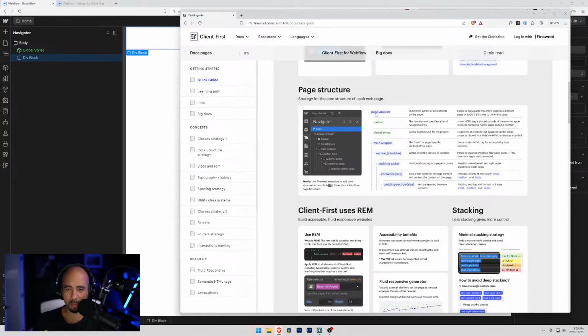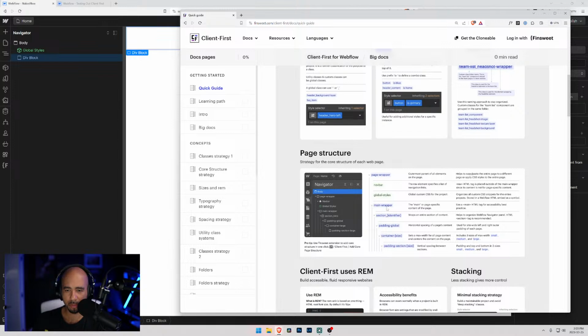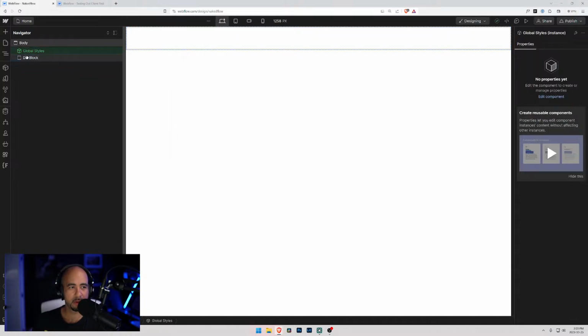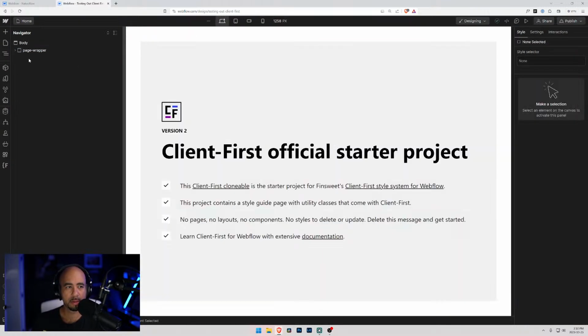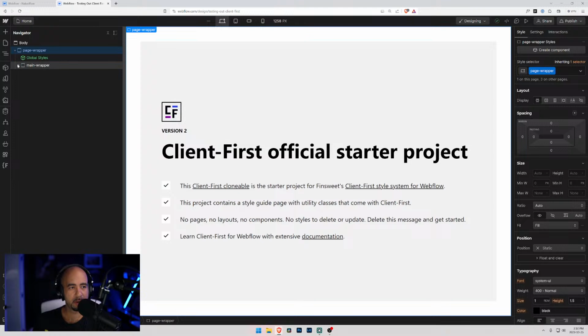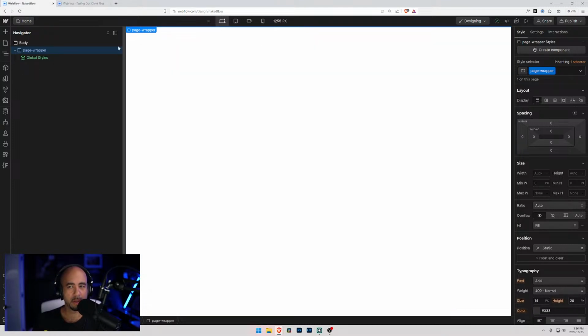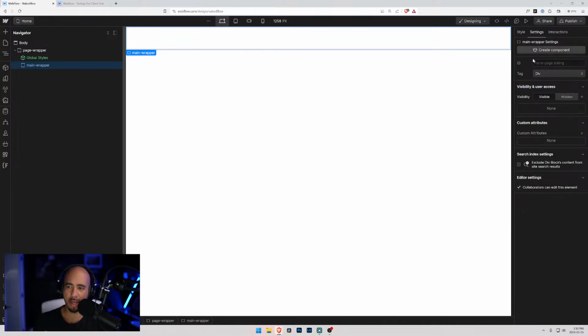Right. So we got that page wrapper. Oh, page wrapper is even first, eh? Okay. So with the page wrapper, does that have any styling associated with it? It has nothing, eh? And then that's just going to be a simple div tag, I do believe. And then if we go in here, we're going to create another one. And I think that's main wrapper. And that should be probably a main tag. Make sure we have good HTML structure,